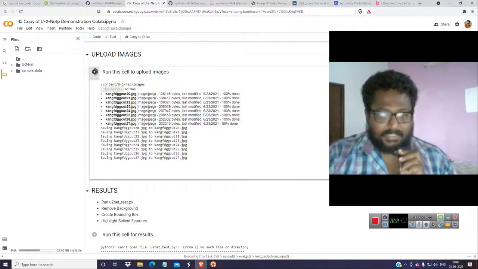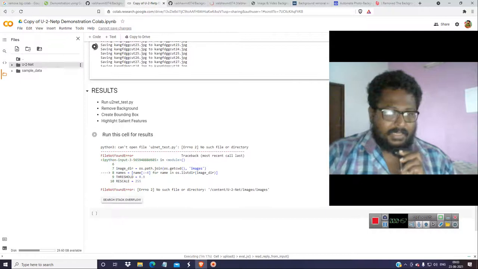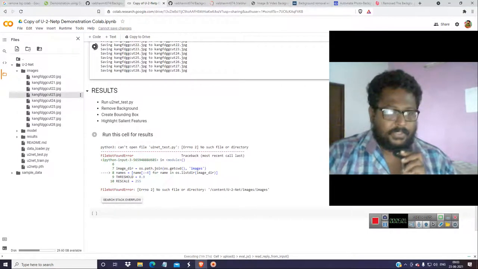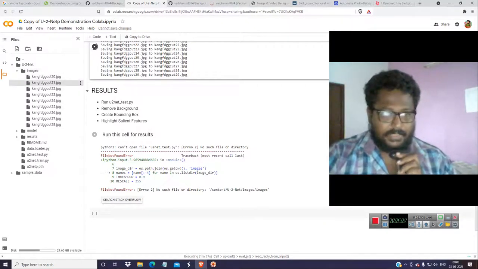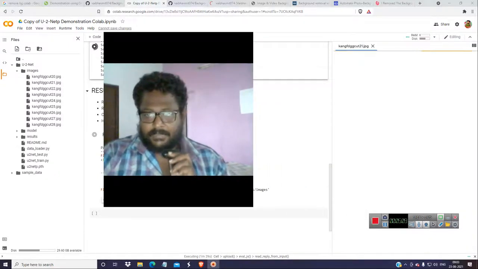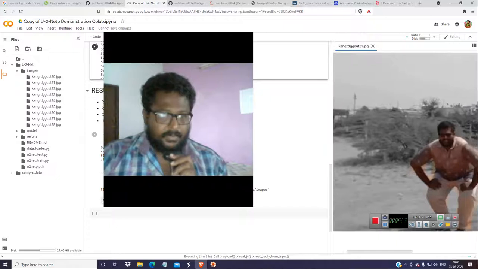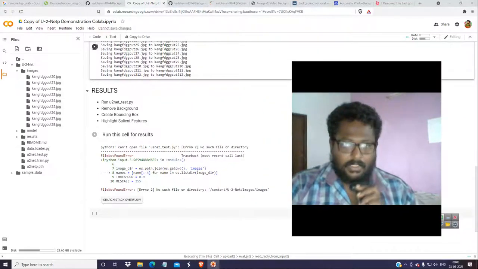After that we can go here and download it from here. So you have the images over here. You can copy them and take them to the drive. For example, let's see how the background is removed from one image. Oh, nothing has happened so far. It is only being uploaded now. The results will be here. Let everything upload.